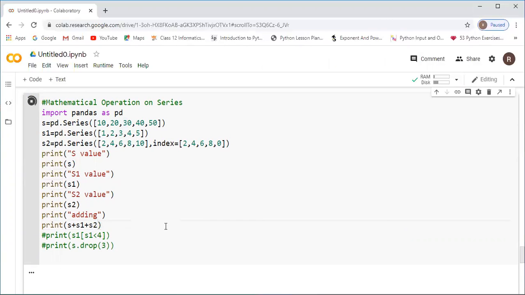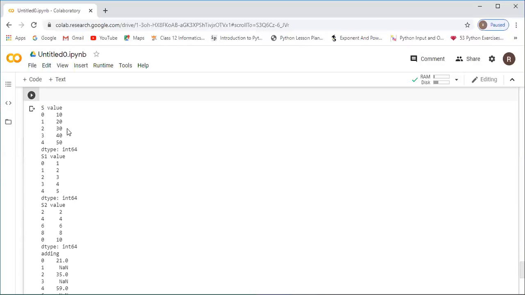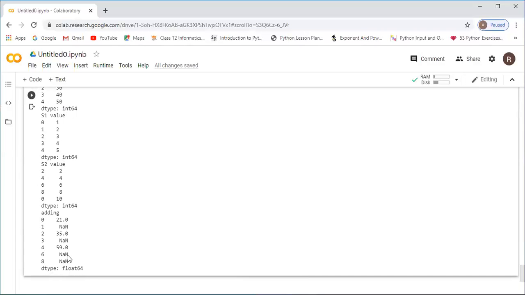So when we are executing this, you can see here 0, 21 we are getting. Okay, why is 0, 21? Here it is 10, and here it is 1, 0th position. Yes, and here it is 2, but here in the adding place we are getting 21, and in 1 we are getting NaN, and 3 again we are getting NaN, then 6 we are getting NaN, 8 we are getting